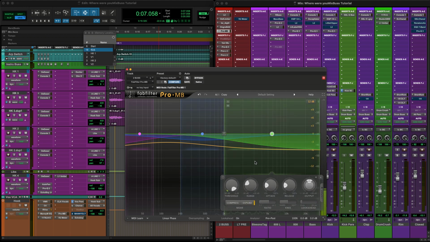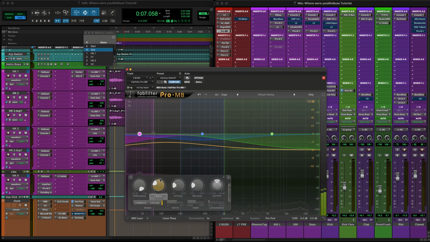Now the range is going to determine the maximum amount of gain change that can be applied, meaning no matter how much we turn down the threshold, the most expansion that can take place is the amount dictated by the range that we determine. For the range knobs, we're going to put 2.5 dB on the first 2 and 1.5 on the third. Let's go here, range, 2.5,